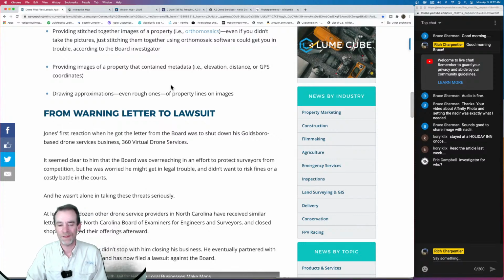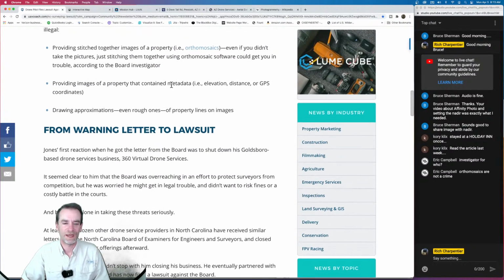Providing images of a property that contain metadata. Every freaking photo that I take has metadata. So on my Canon M50, when I'm hooked up to my phone, I've got GPS information. My phone has GPS information. My drone has GPS information. My 360 camera has GPS information. And most of these items I am stitching together. So putting points 1 and 2 together, me and my iPhone and my 360 camera and all these things are illegal. And by the way, these boards don't set what's legal and illegal. They can enforce licensing, but I don't think they can really get you arrested. But, you know, part of the threats that came to this particular drone service provider included some threats of jail